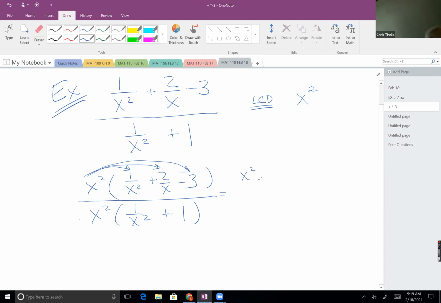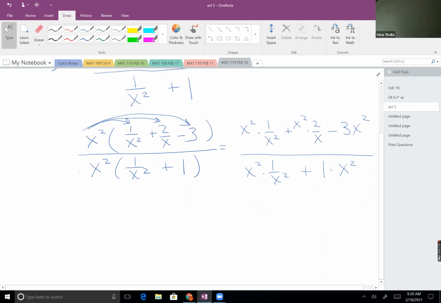Gives me X squared times 1 over X squared plus X squared times 2 over X minus 3 times X squared. And in the denominator, I get X squared times 1 over X squared plus 1 times X squared. And just for a hot second, that looks much worse than it started. But if you choose the right common denominator,